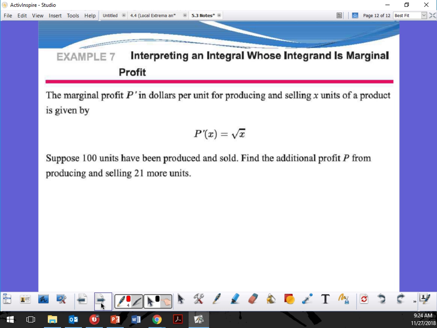So 100 units have been produced and sold. Find the additional profit. Additional profit. So what is going to be my lower bound? What do you think my lower bound should be? If I'm talking about additional profit,